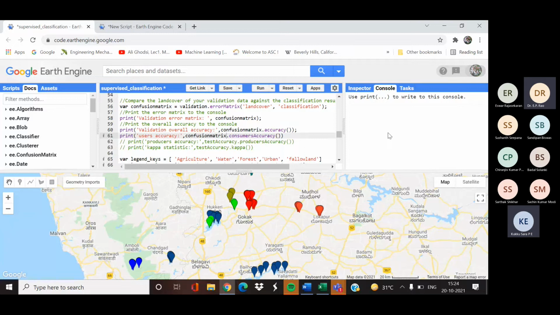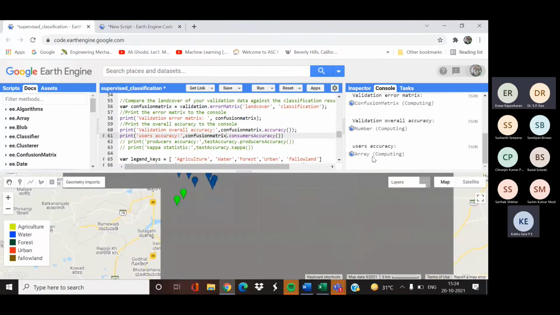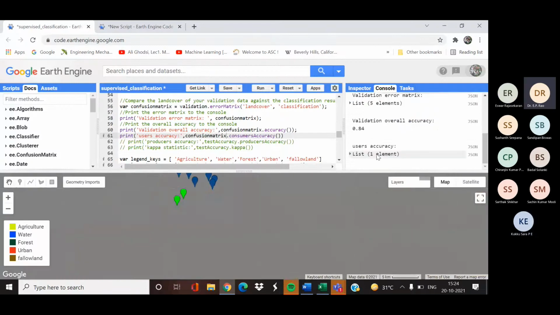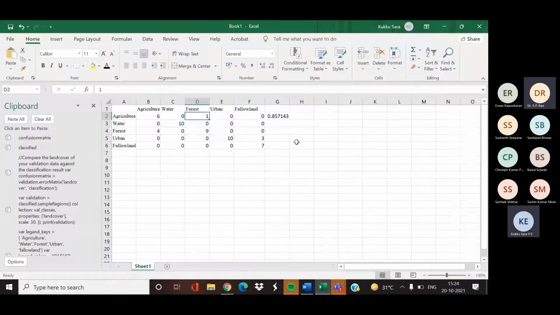Is that correct? Just to go back to that: 6 plus 1 is 7, the row total is 7. Originally it is 10, is it not?